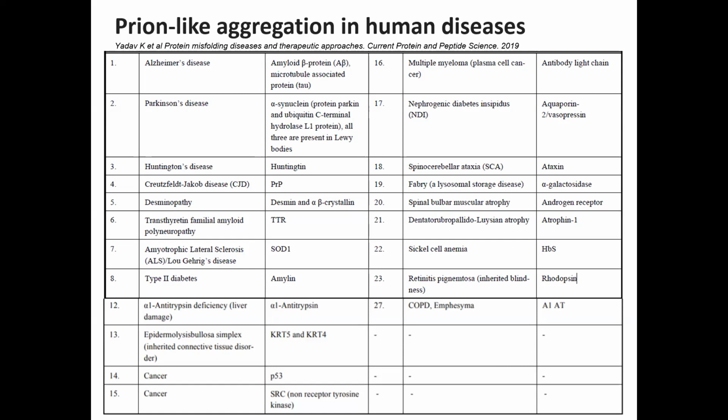Examples of the major protein misfolding diseases and their targets, and once again, it's not all of them, are shown in this table. One can see that it touches almost the whole set of multifactorial diseases,